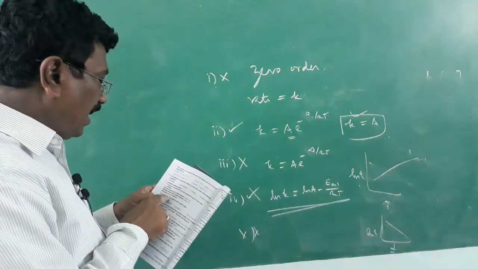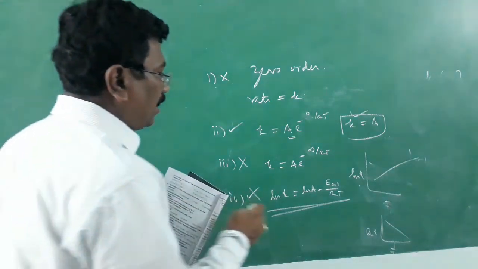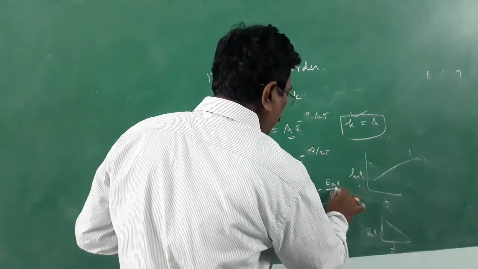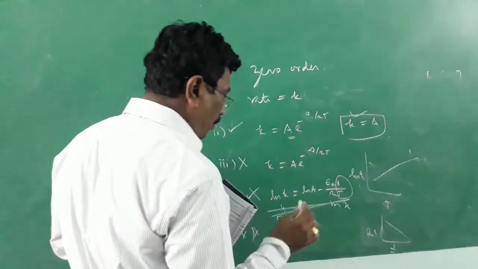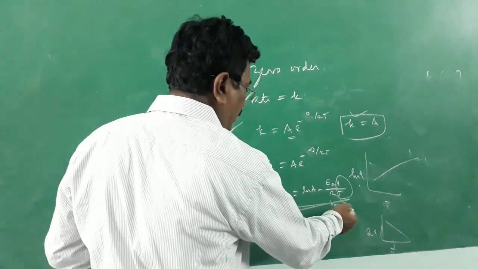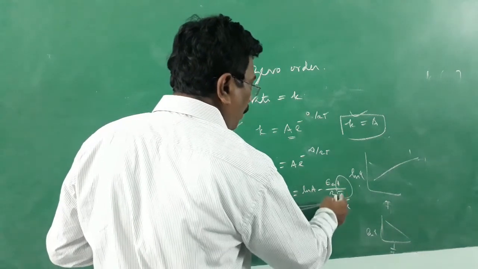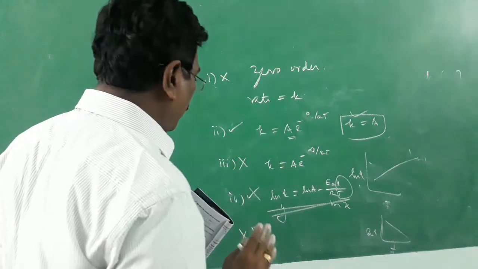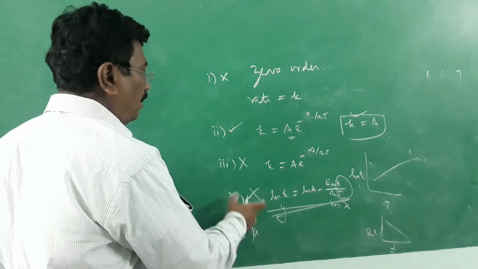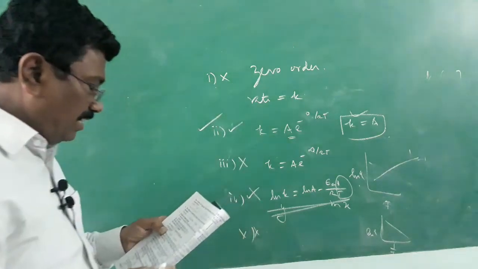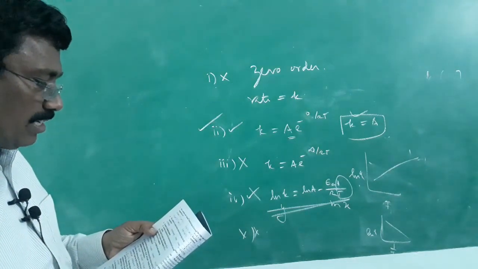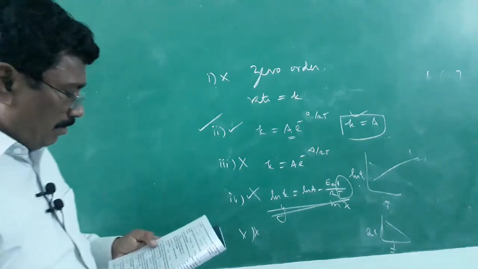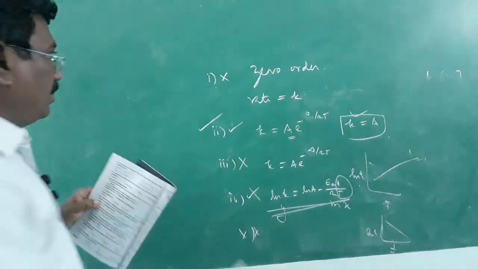A plot of ln K versus T we won't take, because as per y is equal to mx, it is 1 by T. So y across x means ln K versus 1 by T only will give a straight line. That is the universally accepted fact, and therefore they consider this as a wrong statement. So the only correct statement is considered as the second statement: rate constant K is equal to collision frequency A if Ea is equal to 0. Alright. Then 10th question, next question.